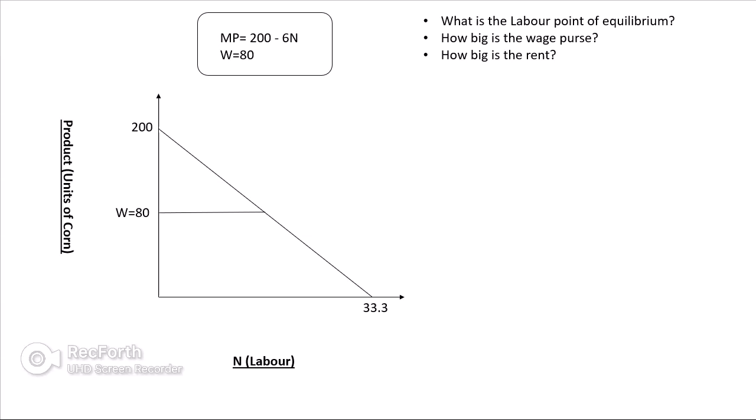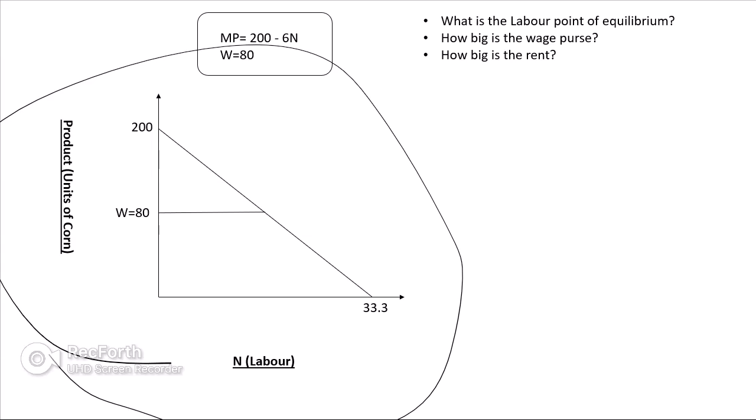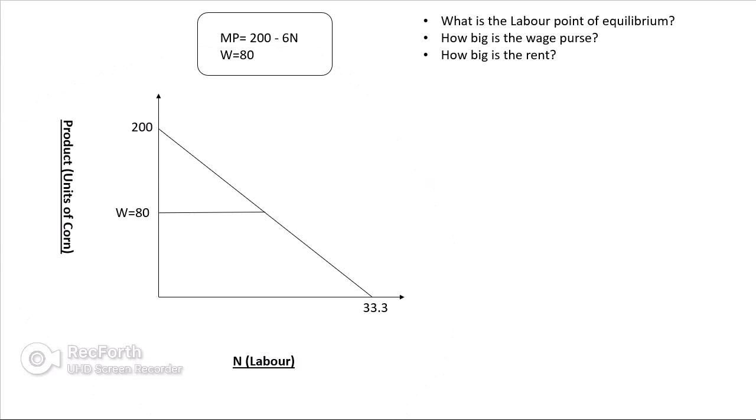So the labour point of equilibrium, we're going to be looking for how to calculate the wage purse and how to calculate the rent. So how are we going to do this? Well, first we have to construct a Ricardian model to help us visualize the problem. You'll probably be given these kind of questions in your economics classes, and they look a lot harder than they actually are. So once you get it, you're able to plug in